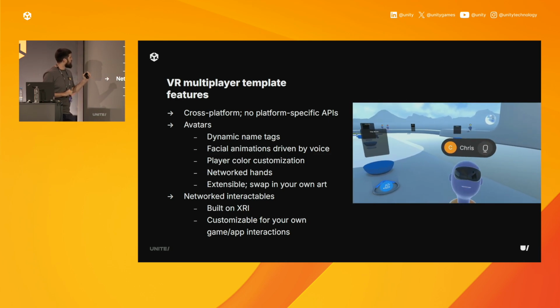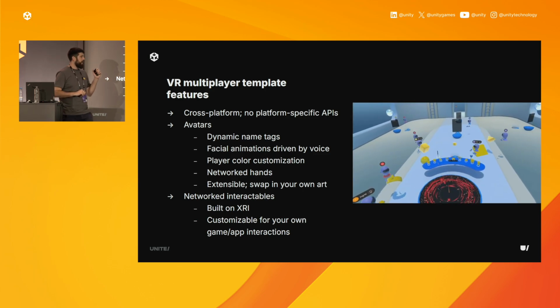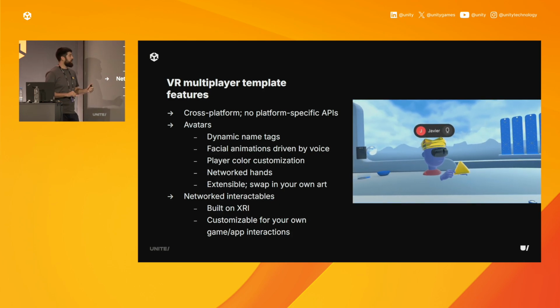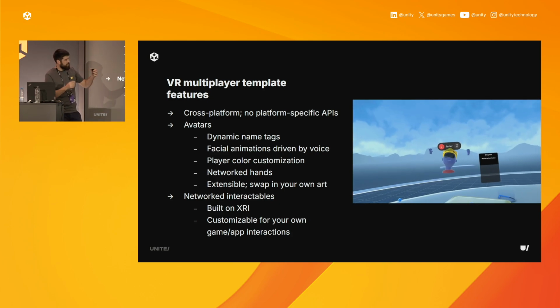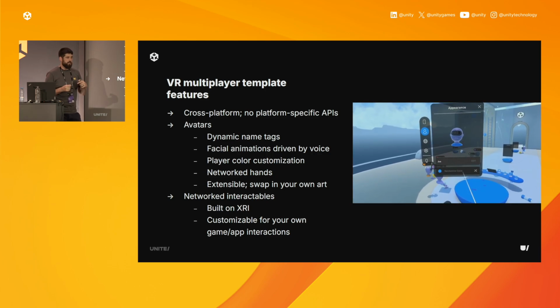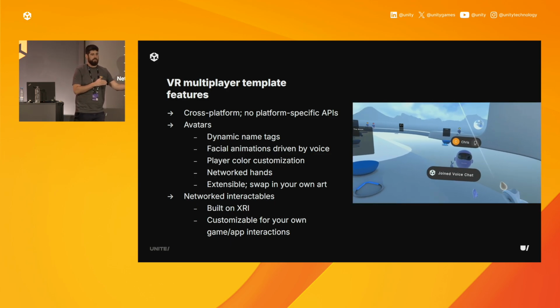We also use the XR Interaction Toolkit, aka XRI. We built some extra extensions to the XR Interaction Toolkit for networking. As you can see here, Javier there is manipulating a 3D object with his hands. That's driven by XRI, and essentially we've added the extra code needed to synchronize that across the network,